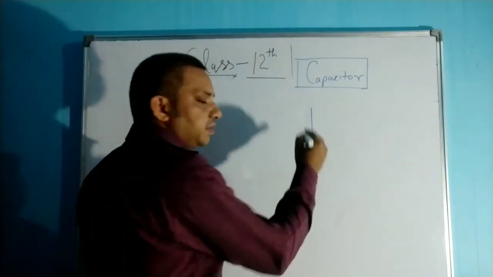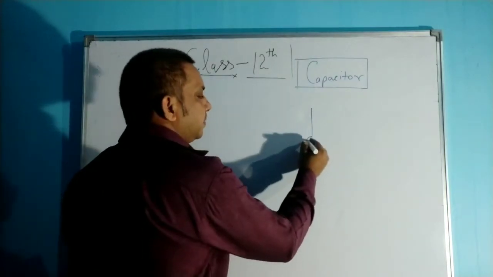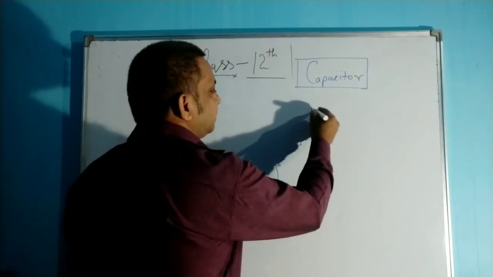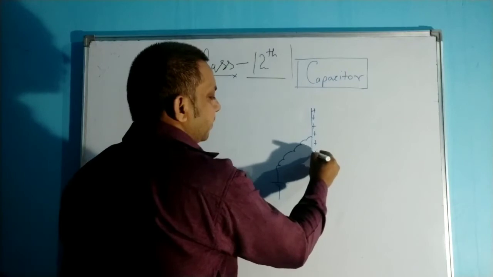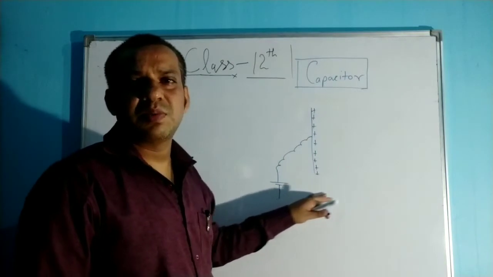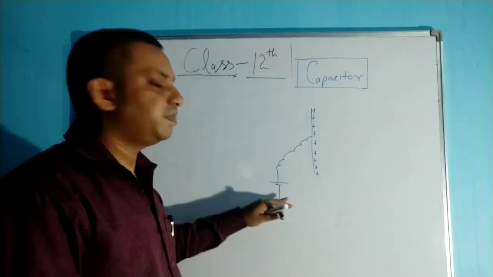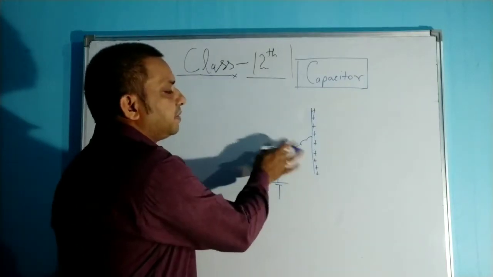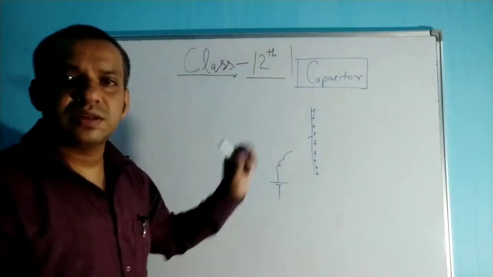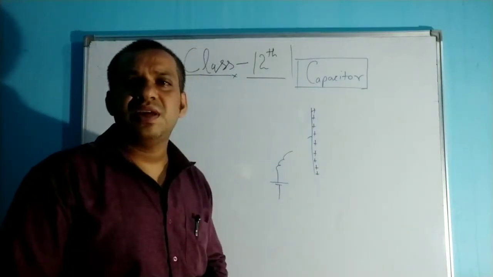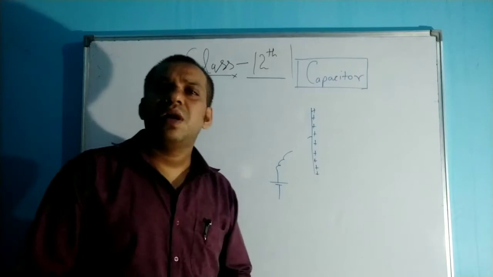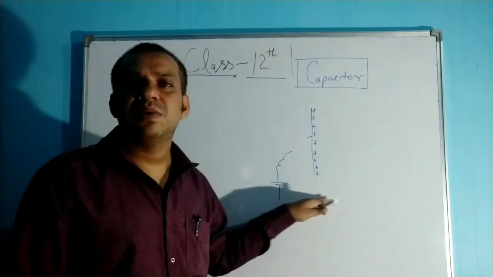Suppose we have a metallic plate, and with the help of a power supply we have given a positive charge on this metallic plate, and the proper insulation is here, and because of the proper insulation there is no connectivity except this power supply. And suppose you just detach this power supply, so that charge should remain on this metallic plate, but practically if you see, after a while that charge gets elapsed. That means the charge gets environmentally discharged, or discharged through the insulation, whatever you provide.